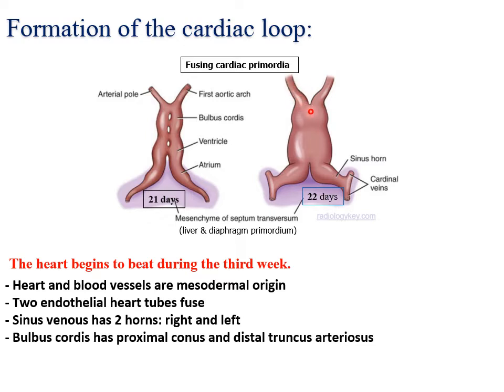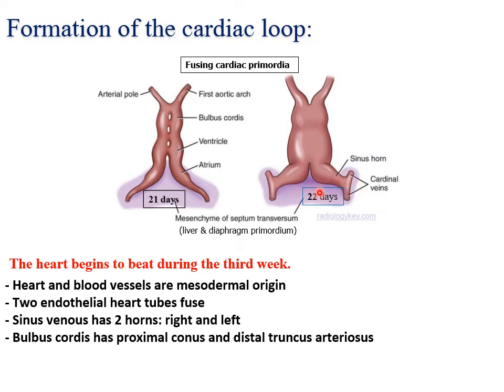Here is the ductus arteriosus, the future ventricles, and the sinus venosus with the sinus horns, one to the right and one to the left, which is by day 22. The two endocardial tubes fuse together here. This is the cardiac loop, with its attached or branching structures. This is the sinus venosus,